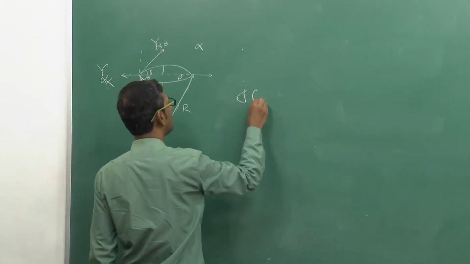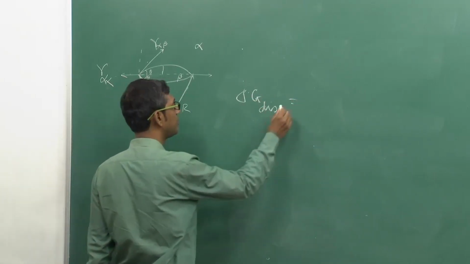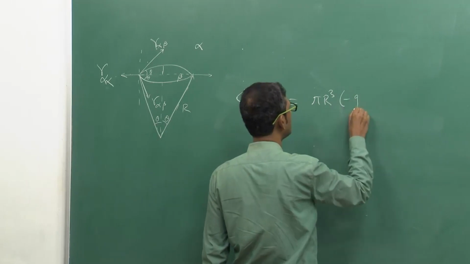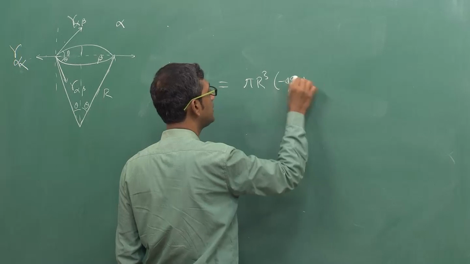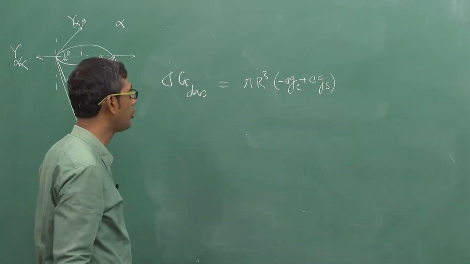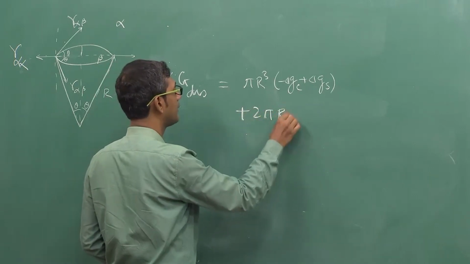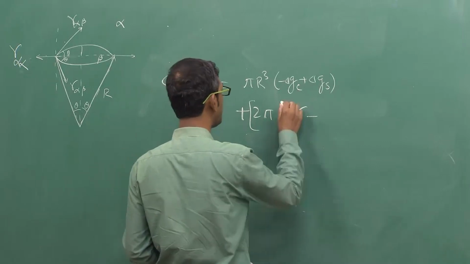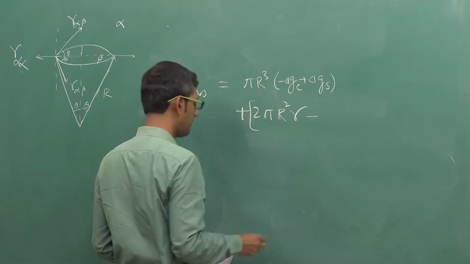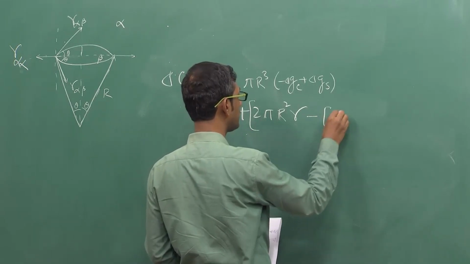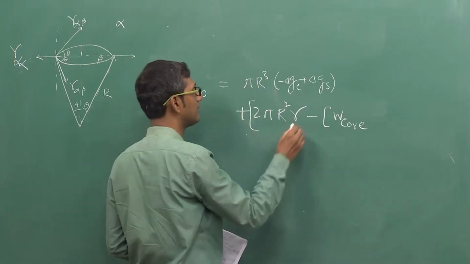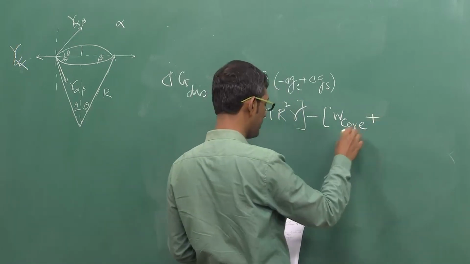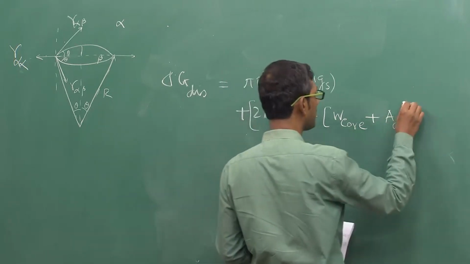So what is done is that delta G dislocation, for heterogeneous nucleation, is nothing but, again, pi r cube, this is a volume term, minus delta Gc plus delta Gs, that's basically the volume term, plus twice pi r gamma minus, this is basically your twice pi r square. This is because of the interfacial energy gamma between the dislocation core and this crystal, this is the energy gain, remember. And what is the energy loss? Energy loss is related to W, the core energy of dislocation, multiplied by AD, the surface area of this dislocation core,